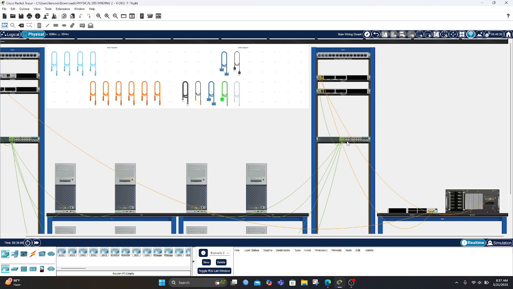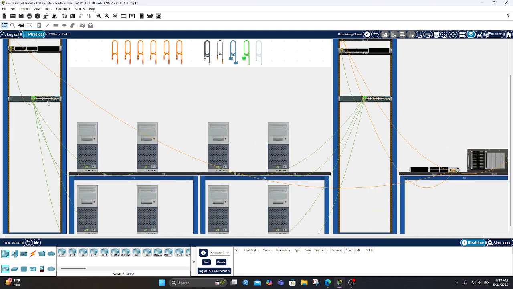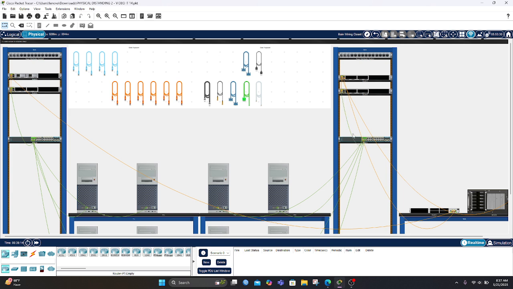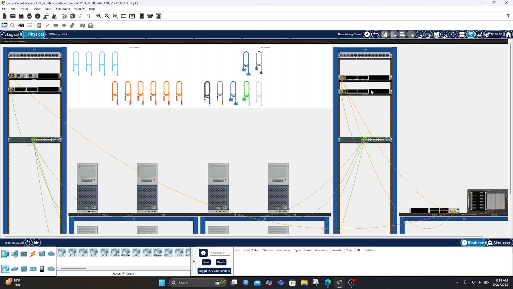This switch is for router 2, and this switch is for RA1, switch for area 2, and switch for RA1. So this router is for DHCP and these two.